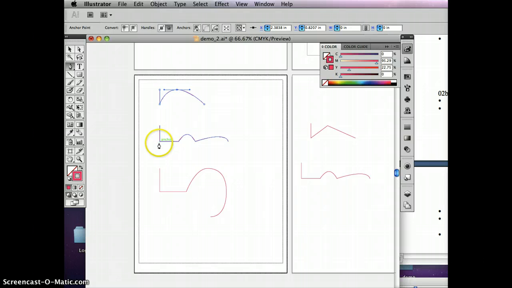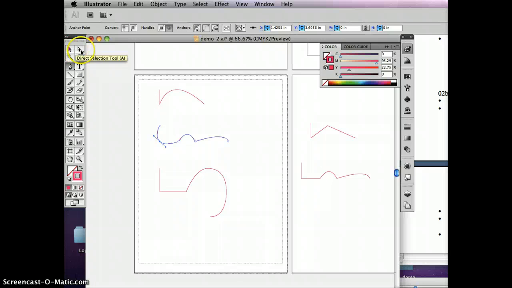If I have a corner anchor or a straight anchor and I want to change it to a curved one with handles, I can wake this up, hold down the Option key, and change that. Now you can also, if you like to, get more of a visual of what you're doing,